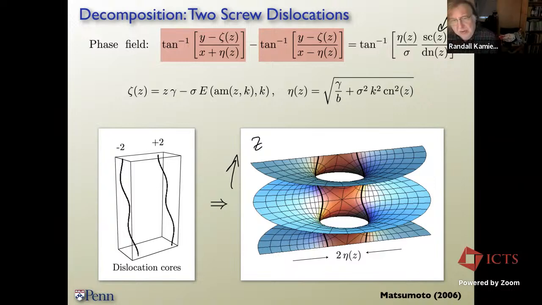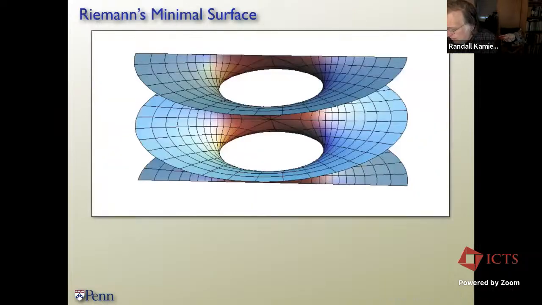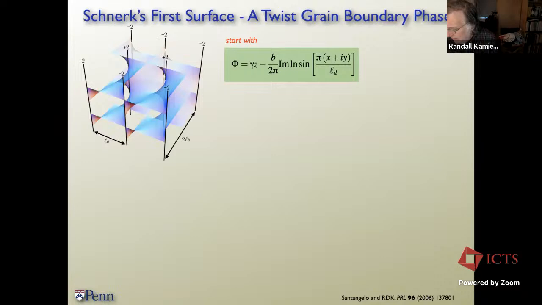Really, in a sense, what we're doing is we're finding complex functions that have the minimal surface as their Riemann surface,